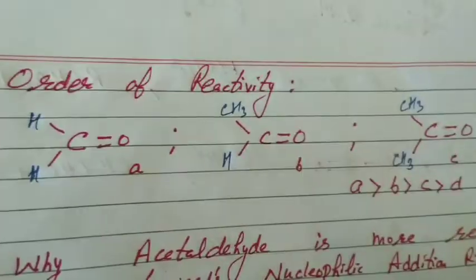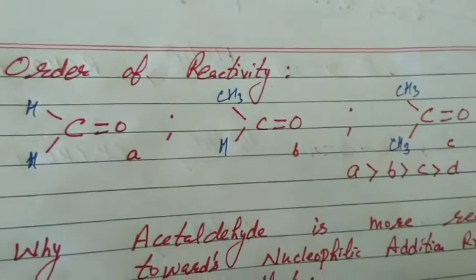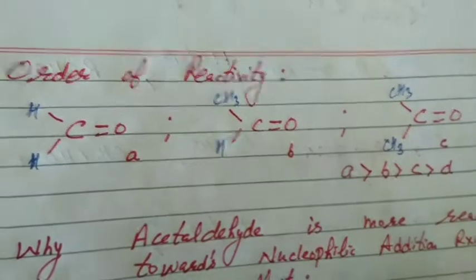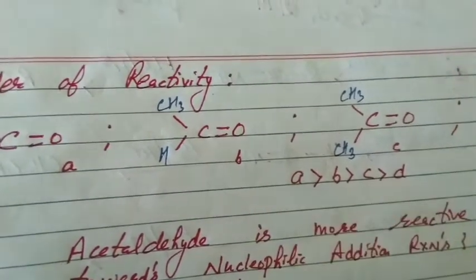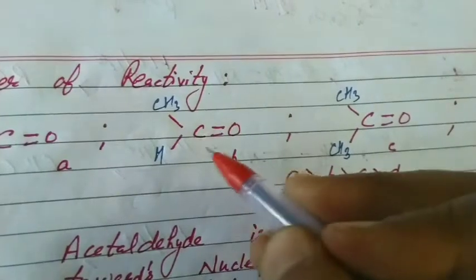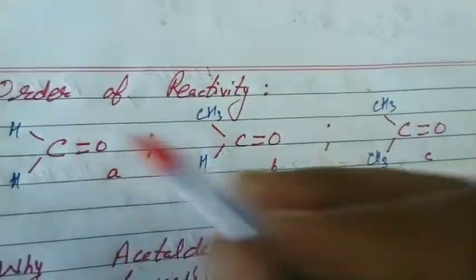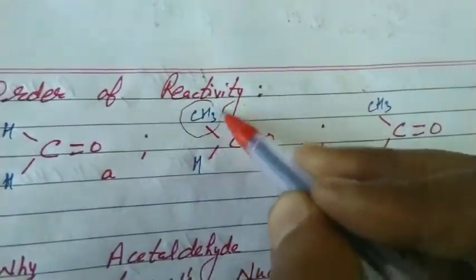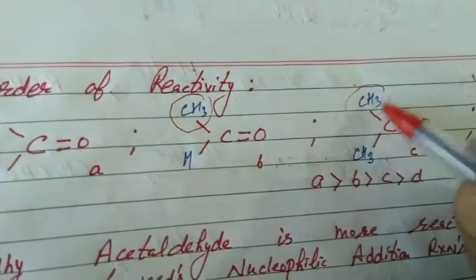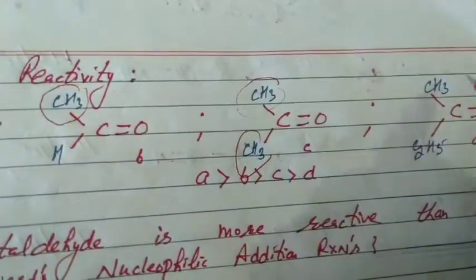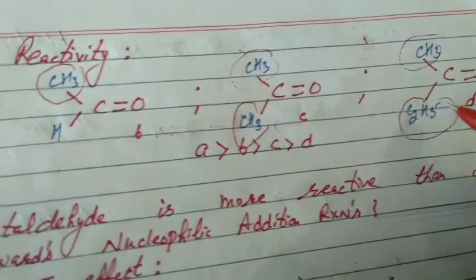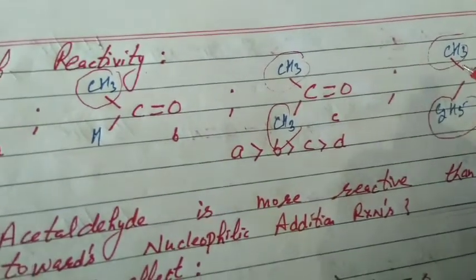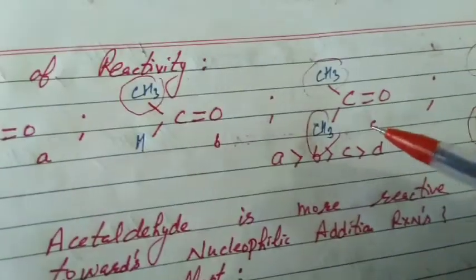Students, order of reactivity. It is clear, students, that as the size of the groups around the carbonyl carbon atom increases, their reactivity decreases. As the size of the groups linked with the carbonyl carbon atom increases, there are smaller hydrogen atoms. In this case, there is one bulky methyl group. In this case, there are two bulky methyl groups. In this case, one is bulky methyl and the second is extra large ethyl. As the size of the alkyl groups around the carbonyl carbon atom increases, it is clear their